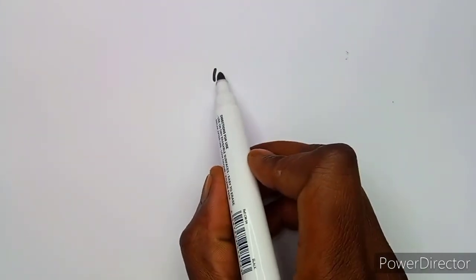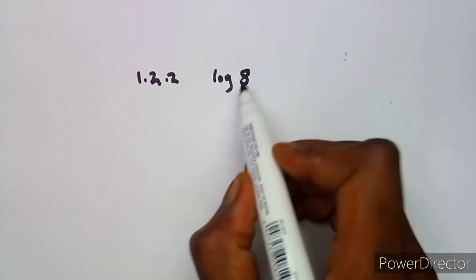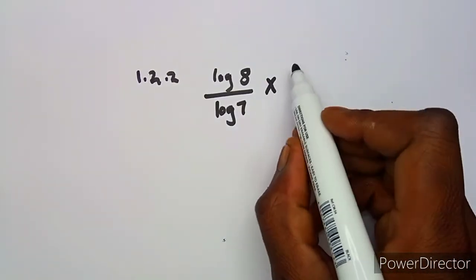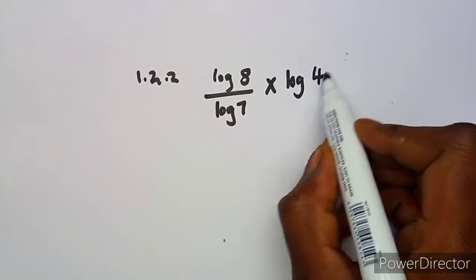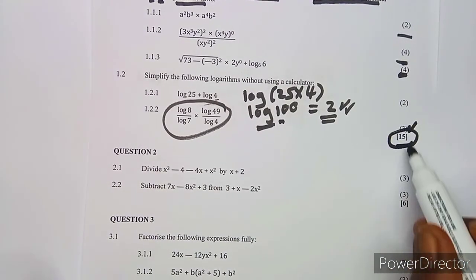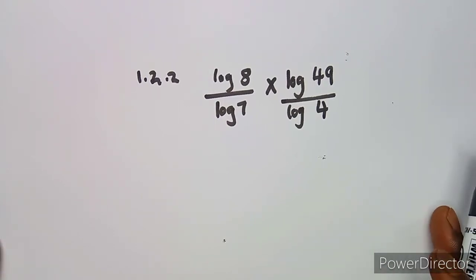What do we have there on 1.22? Okay, let me just try and adjust here. We had log 8 everything over log 7 like this times log 49, all right, everything over log 4 like this, and this is actually 3 marks to make it 15 on question number 1. All right, an interesting question actually, because here they wanted you to understand the basics of logarithms there,